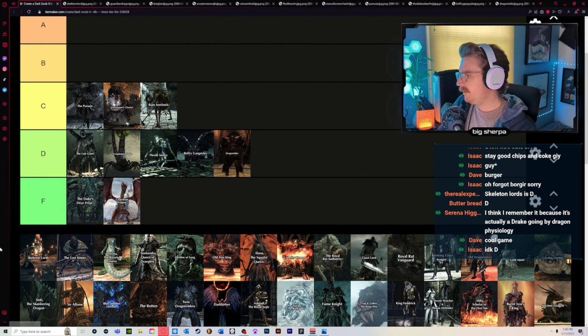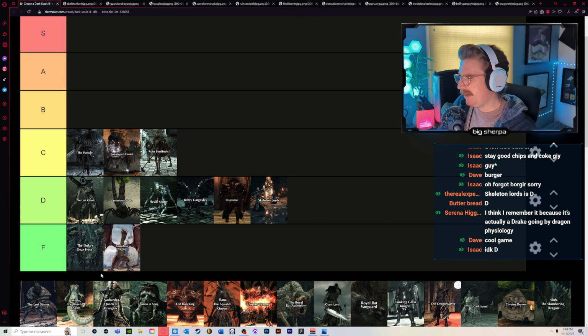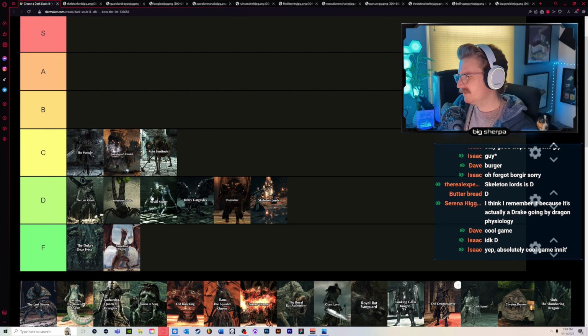I'm gonna hit Skeleton Lords. Dude, I guess D? I'm bordering up on F. I think that's... they're like low D, because I can't even put them...